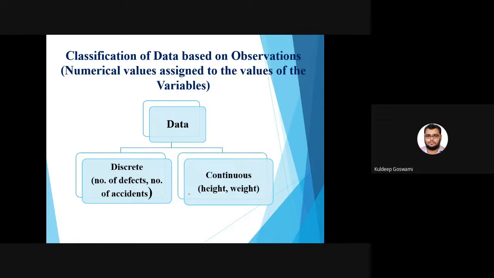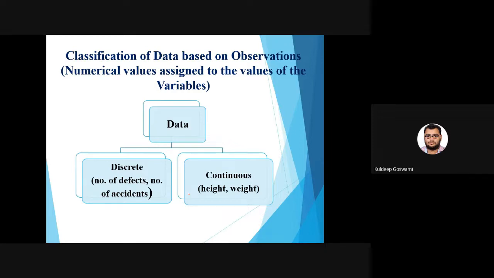So based on the observations, again, we have two types of data set. One is called discrete, one is called continuous. Discrete means which we can specify in simple or single numerical values, in natural numbers, like number of defects in a production company, say in a production company of computers,